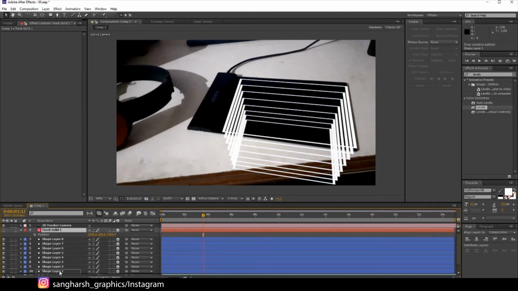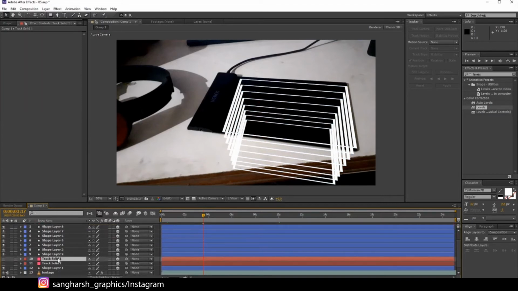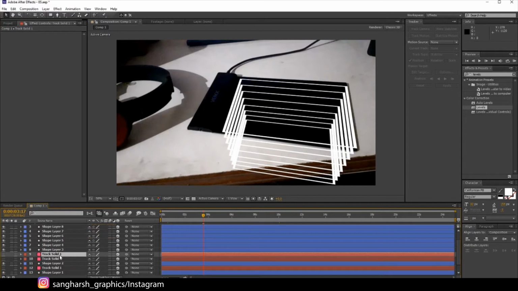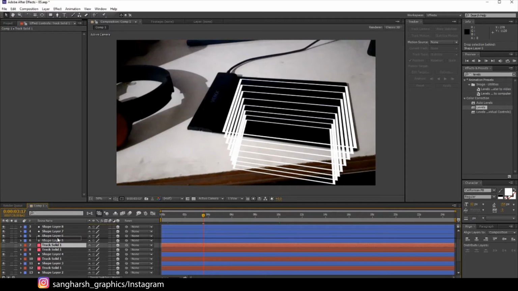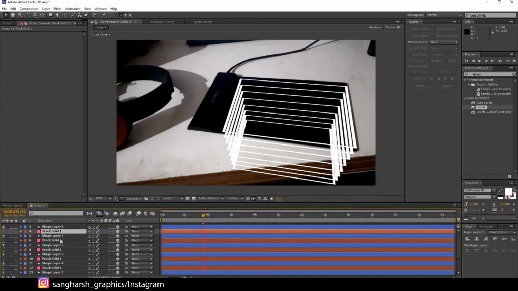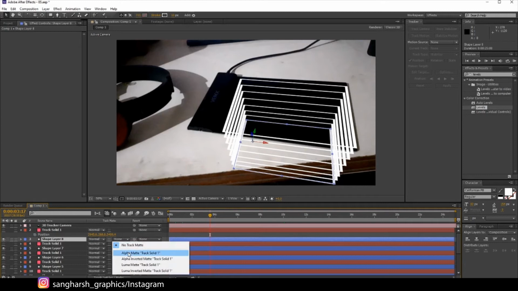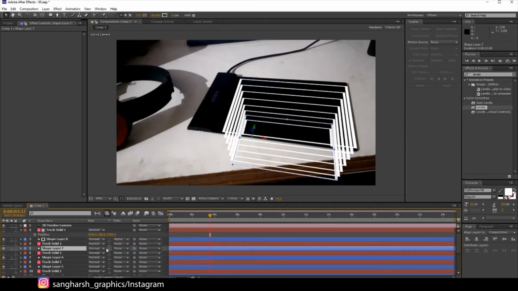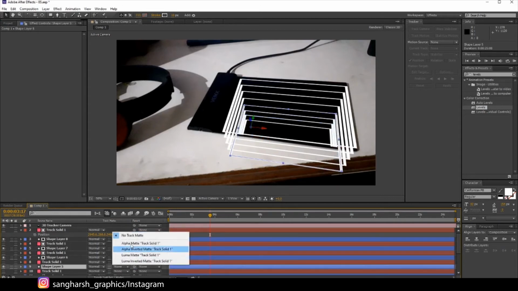Let's just select the track. You can just duplicate it, place it here, again one more time duplicate. In each of the shape layers you have to put it, because I don't have another method for now, like this. And now you can make each one an alpha matte. For this one also choose each layer's track solid alpha matte for the below layer like this. Keep doing it.